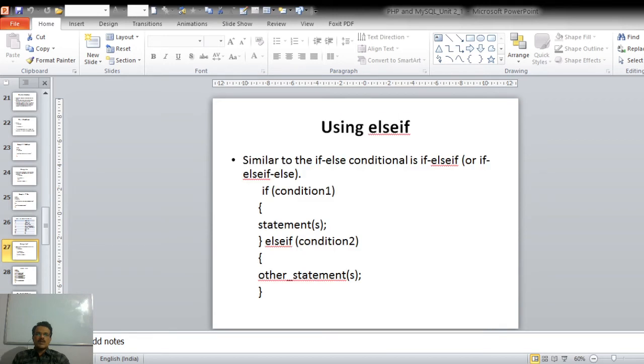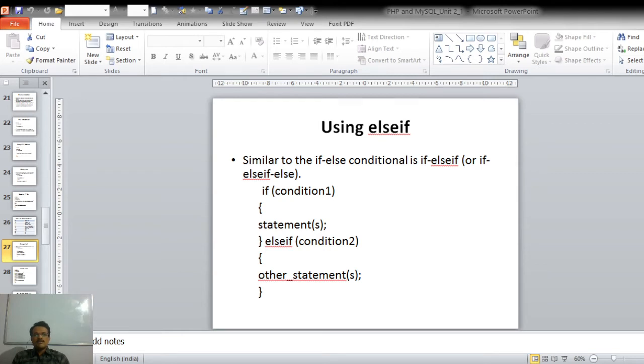So when we want to implement this multiple condition logic in our program, we have to use the else if part in the if statement. It is similar to the if else condition, where the only advantage is that we can check more than one condition in a single statement. So if condition 1 is true, then its statements will be executed.